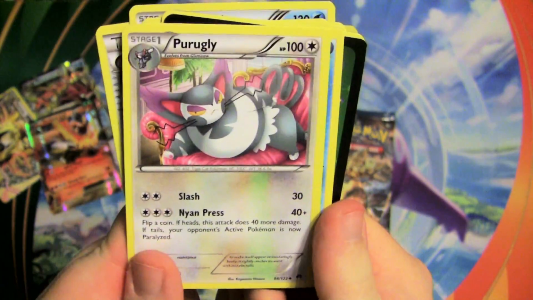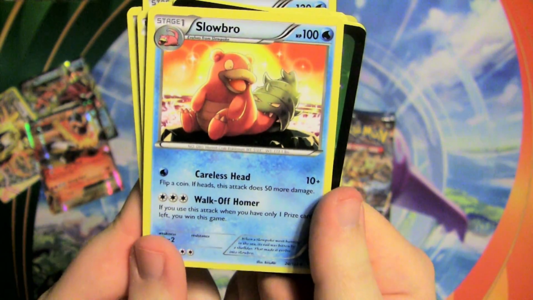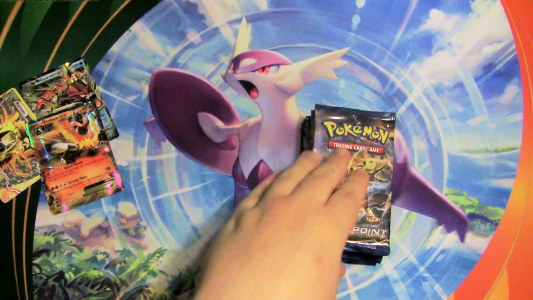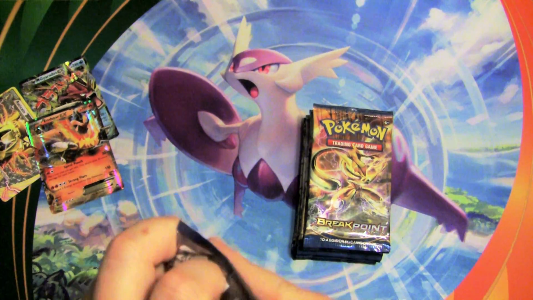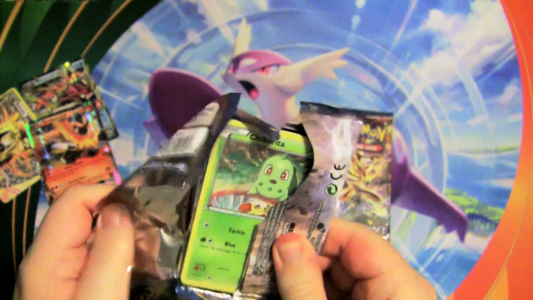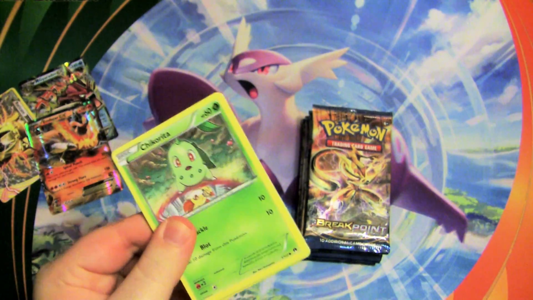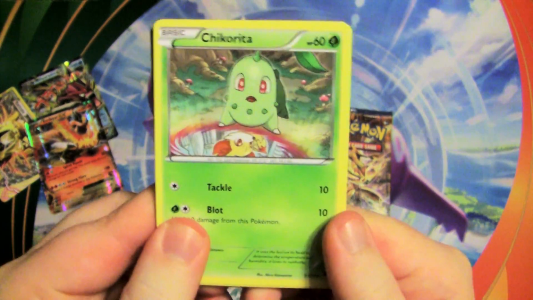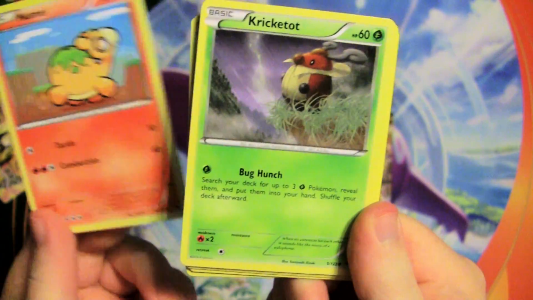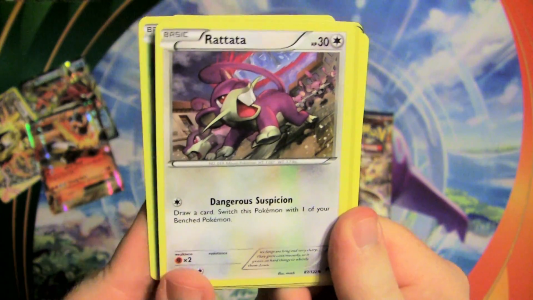Scizor Spirit Link, Purugly, and the Walk-Off Homer. Slowbro, I love that. That's so funny. Oh, I just think that's one of the funniest cards. All right, here we go. Chikorita, oh, Shinx, Numel, Kricketot, Rattata,